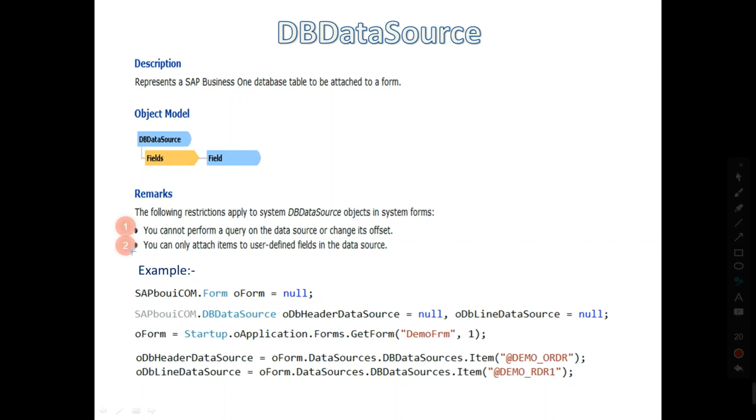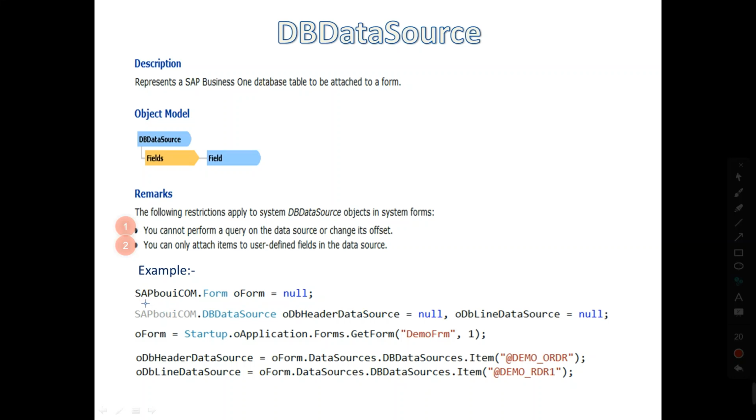In the second point, you need to keep in mind that you can only attach items to user defined fields in the data source. It means you cannot set any value to the system table fields with the help of DB data source. So these two restrictions you need to keep in mind while using DB data source with the system forms, and in case of user defined forms you can use it.